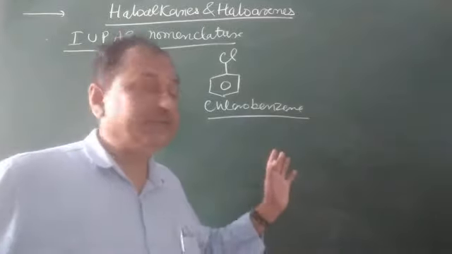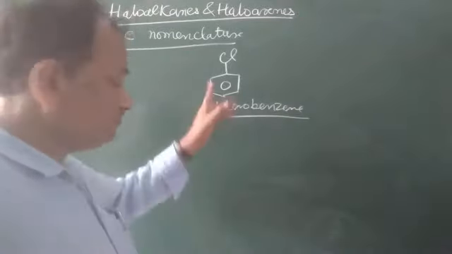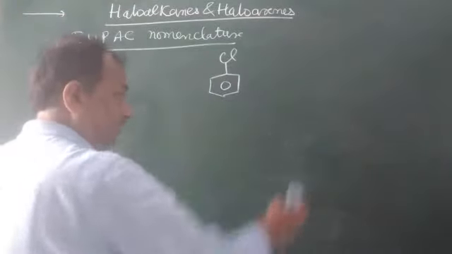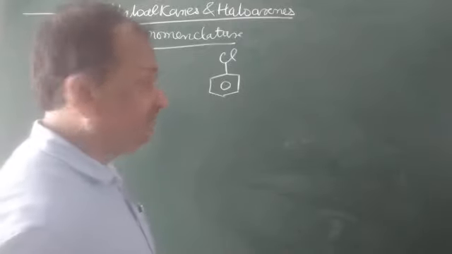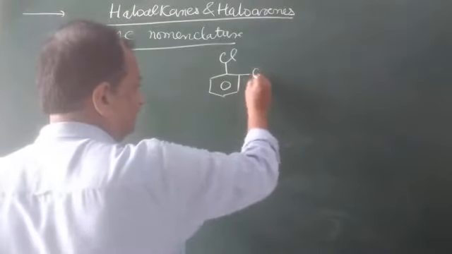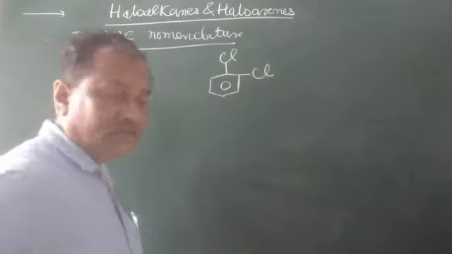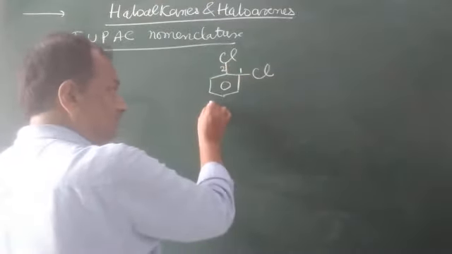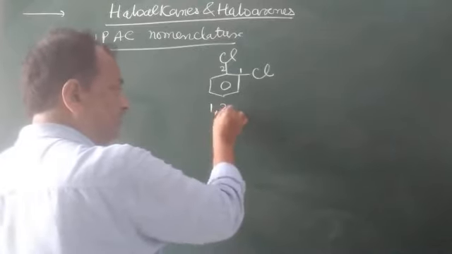A relaxation has been given to aromatics. But if there is some addition, like two Cl, here is 1 and here is 2, so this is 1,2